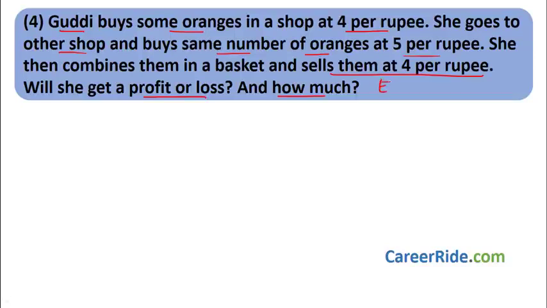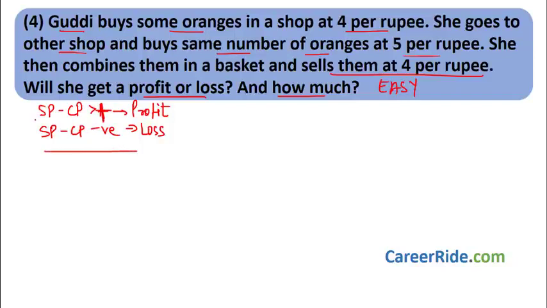This is actually an easy sum. You just need common sense and you need to follow the things one by one, and you'll easily find out. Now let's see what the first thing is. We don't know whether it is profit or loss. How to determine whether it is profit or loss? If selling price minus the cost price is greater than 0, then it will be profit. Okay, that means if it is positive, it will be profit. If selling price minus the cost price is negative, then it is loss. That means the cost price is more than the selling price. If this is positive, it is profit. If it is negative, it is loss.